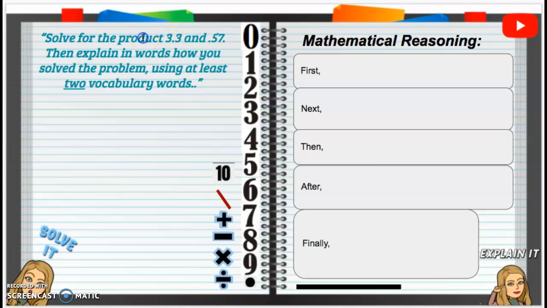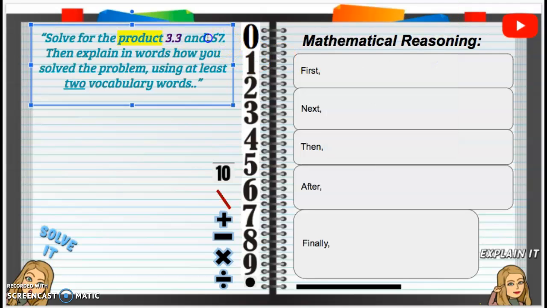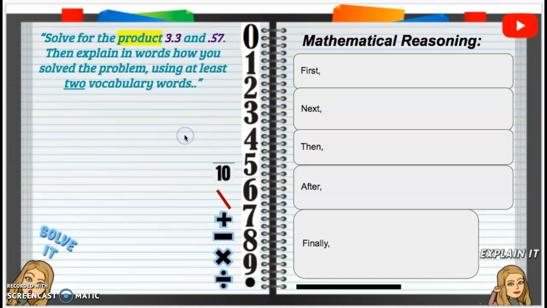All right, so we know that product means multiply, right? So we're going to multiply these two numbers. So we have 3 3/10. I'll make that into a purple color. And then 57/100. I'll also make that into a purple color. So those are the two numbers we are going to multiply. Now, remember, when we are multiplying, we do not have to line up our decimals. We just ignore them. So let's do 3 3/10